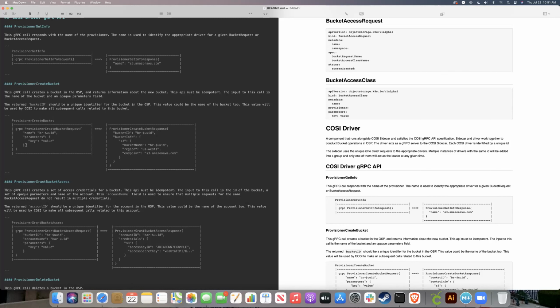Yeah, I'm going to think about it a little bit more. I think it does make sense. Because if we really open it, so what we did eventually with OBCs, we did open it for the users to provide whatever they want to the driver, but I know that for Cozy, it's not something we want to do because it will break portability in some way, or it can break portability.